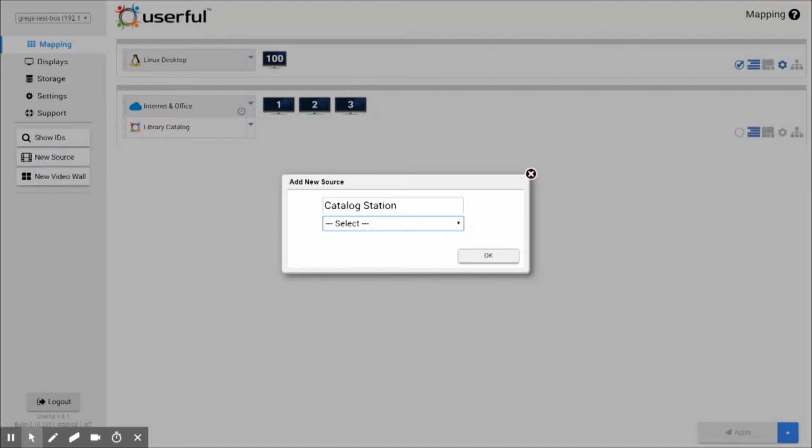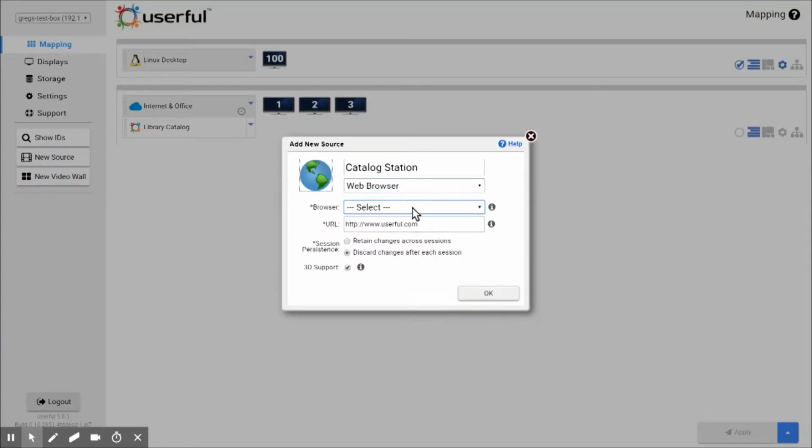For a catalog kiosk, we are not going to use cloud desktop. We are going to use web browser. For my browser, I just need to pick my browser. I can do a regular full screen Chrome with address bar and back and forward buttons. I can do without. These are slightly different, but they do essentially the same thing. Or I can pick the same thing with Firefox. So I'm going to create a Chrome kiosk. I'm going to send myself to